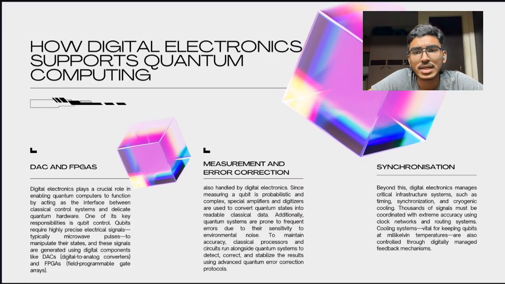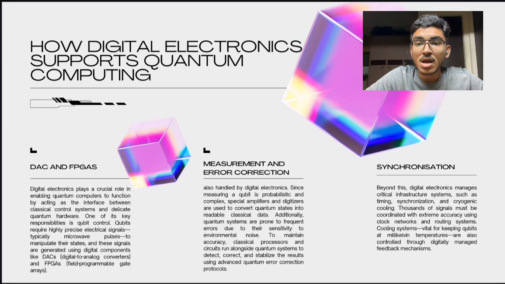Then there's error correction. Because quantum systems are so sensitive to noise and environmental interference, errors are far more common than in classical computing. To compensate, we need complex error correction schemes. These rely on traditional processors and circuits running in parallel with the quantum system to detect and help correct mistakes